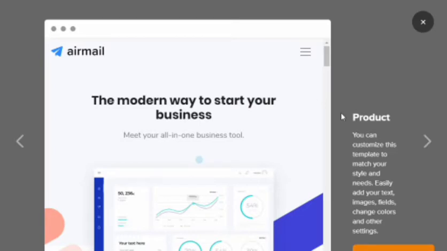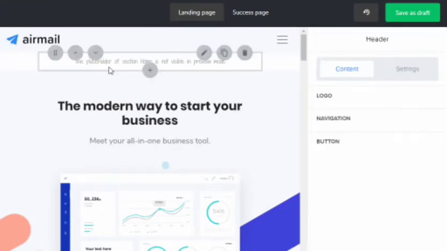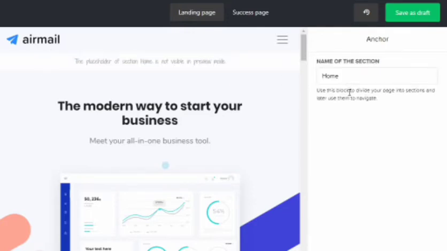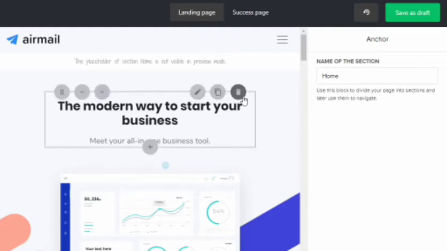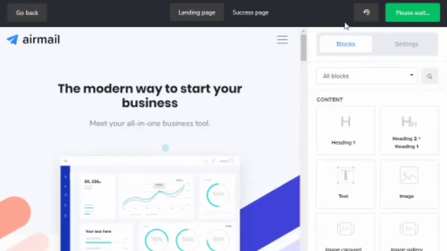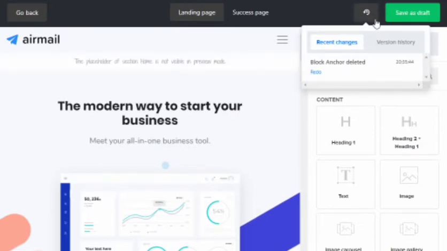And now I have chosen this product template. You can completely customize this one, and it's really easy to do that. Just click on the part wherever you want to edit and choose that pen icon, and you will be able to edit it in the right side column. So if I want, I can choose this and edit it, or if I don't want that, I can just delete it. Can you see the delete icon? Or if I want to copy it again, I can copy it. If I have mistakenly deleted it, I can also undo it. Click undo and it will be redone.